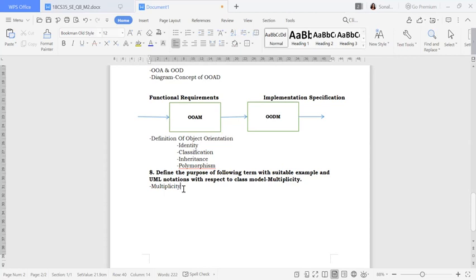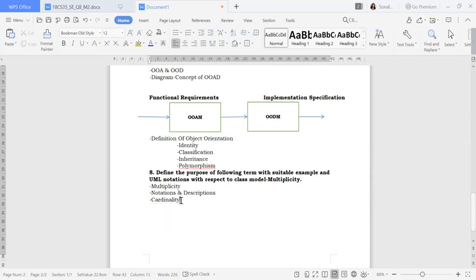Multiplicity. Yes. So once you write it down, there is one box which I have already shown in my previous classes, where I have written about the notations and descriptions. So that tabular box you need to do over here. That is the notations and the descriptions. And also you have to explain about the cardinality, don't forget to explain that. These are the main points. Cardinality also you need to explain, and how these things are useful.